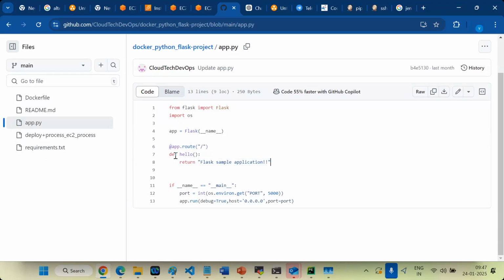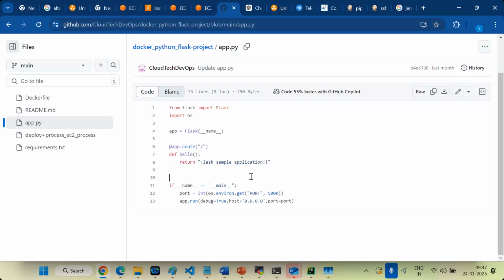And this application runs on which port number? Port number 5000. If I give 80, it will run on port 80. If I give 3000, it will run on port 3000. Understand? So developers will write the code and also add the details of the port number. Clear now? So now if I want to access this application, in my SG I need to enable port number 5000. Clear?